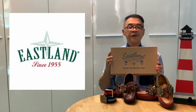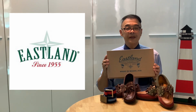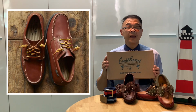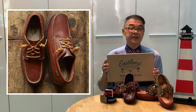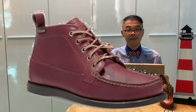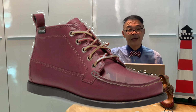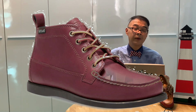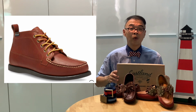And in 1955, the EASTLAND Shoe Company started their manufacturing in Freeport, Maine. EASTLAND is very famous for their Blucher Moccs and also for the Chukka Moccs. The Chukka Moccs is the same as the Blucher Moccs, but with a higher piece of leather, like a chukka, they call it, to wrap around your ankle,